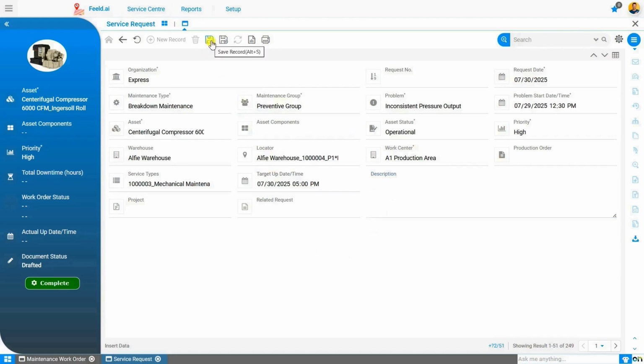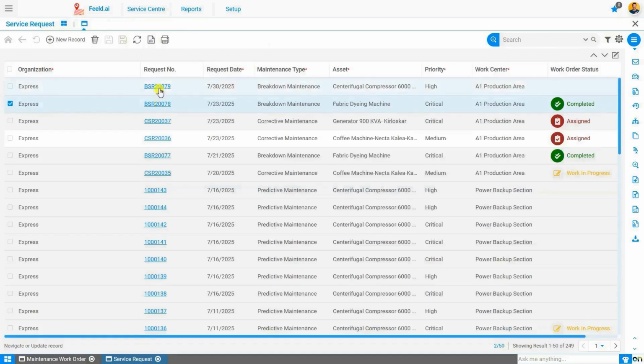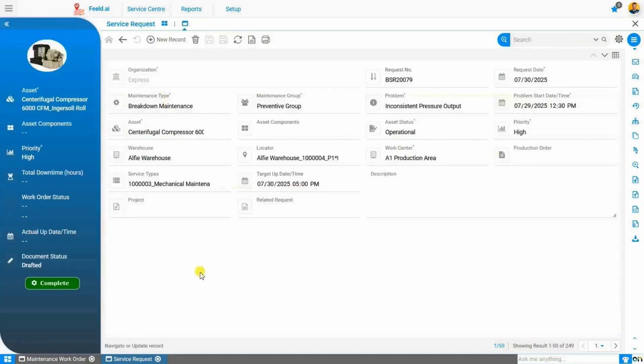and click on the Save button to save the changes. As you can see, the request number is automatically populated when the user clicks on the Save button. To view the request in the grid view, the user clicks on the back button, presses Alt+T to view the single record. After entering all the relevant details, the user needs to complete the service request by clicking on Complete